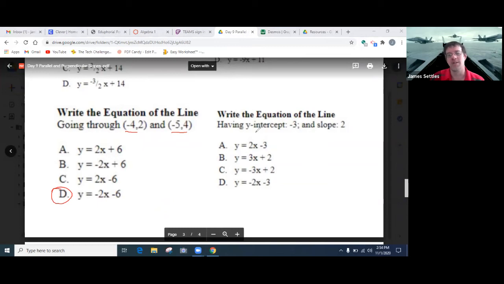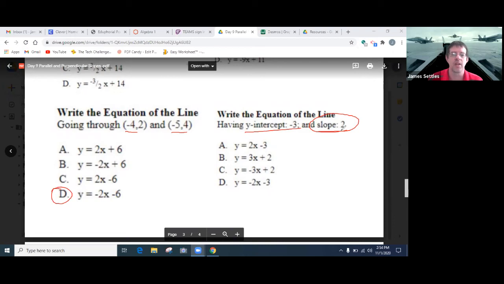Okay, here, notice there's no points, there's no graphs or anything like that. So what did they give us? Well, they gave us the y-intercept and they gave us the slope. Now, the slope here is what's most important to me. Okay, they're trying to trick you here by putting the y-intercept first, hoping that you'll do that right there and say the answer is C, which it's not. Okay, so we want to focus in on the slope. Slope is the one we talk about the most. Now, once we focus in on slope, if we don't have an answer, then we can look at y-intercept, but